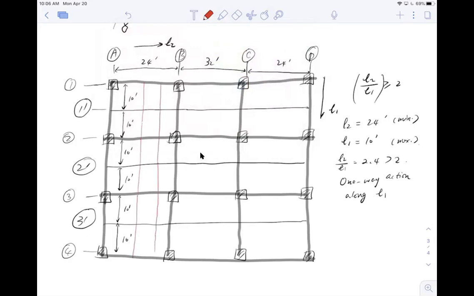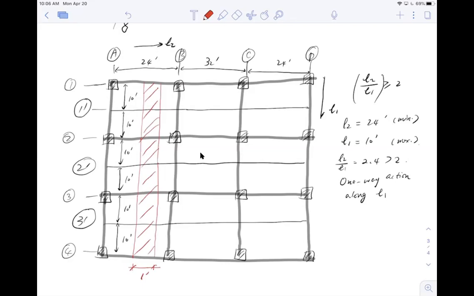I'm gonna draw the strip, right? This is one-way slab, and this is 12 inches, 1 foot as the strip width, okay? All right, so this is the one-way slab. Now if I want to solve for this one-way slab,